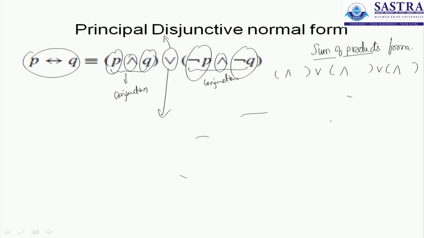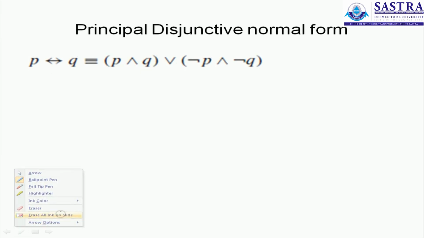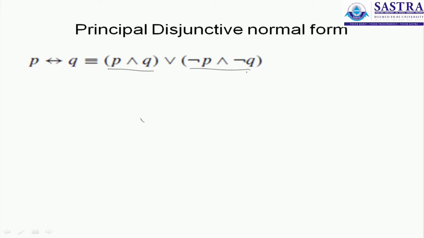But finding this is not always easy, because for this statement this works easily because you know how a biconditional works. A biconditional takes a true value only when both are true together or both are false together. Now in the first bracket you see that both of them are true together if you take P and Q to represent the true sense, or both can also be false together. That is also permitted under biconditional.